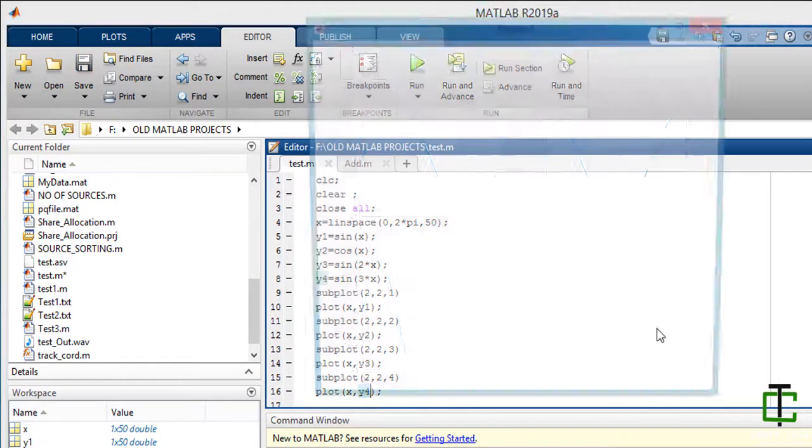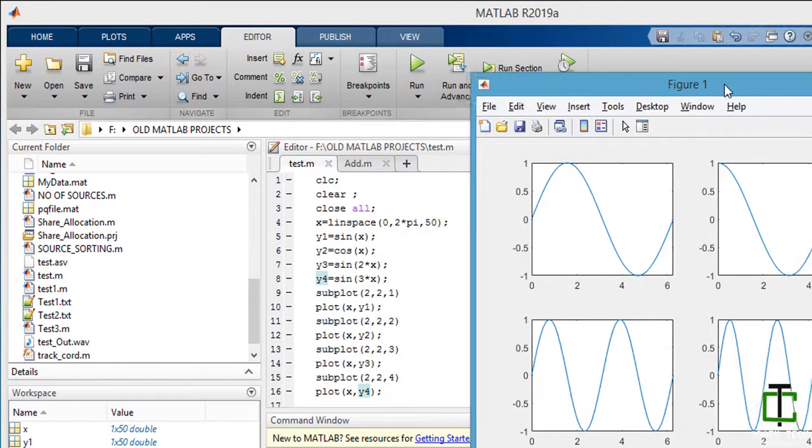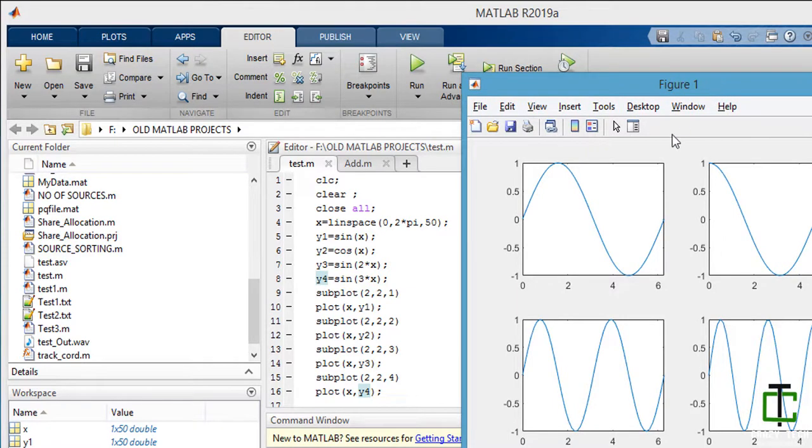Now run it. As you can see, my total image, figure 1, is now divided into a 2 cross 2 matrix.